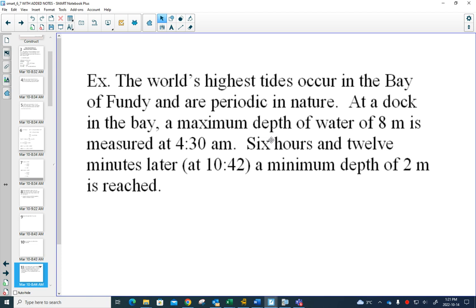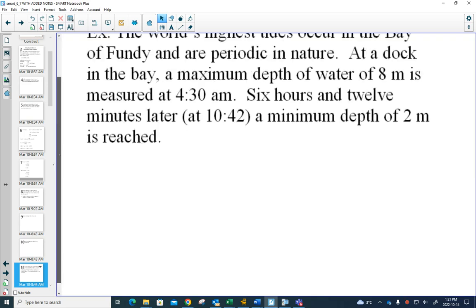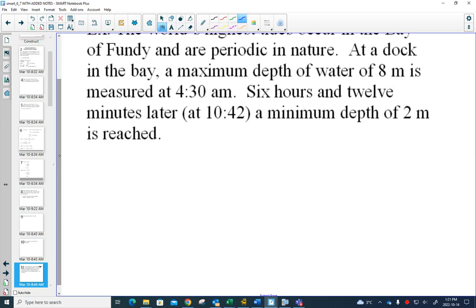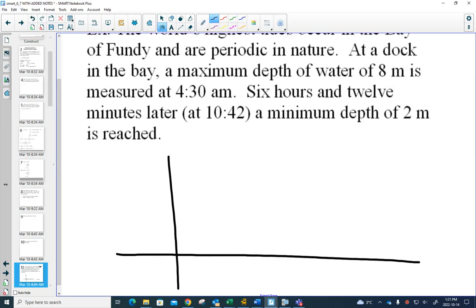So, starting off here, we're looking at tides. Bay of Fundy has the biggest tides in the world. At the dock in the bay, a maximum depth of 8 meters is measured at 4:30 a.m. So if we were starting to graph this, and we put depth here and time here,